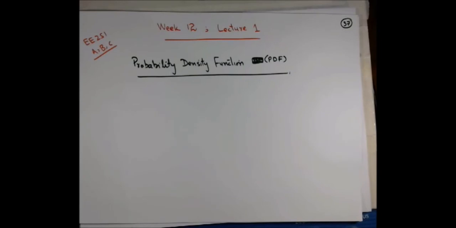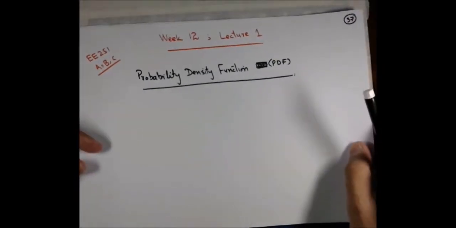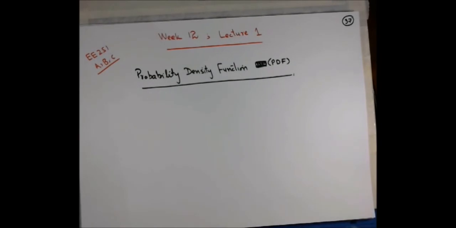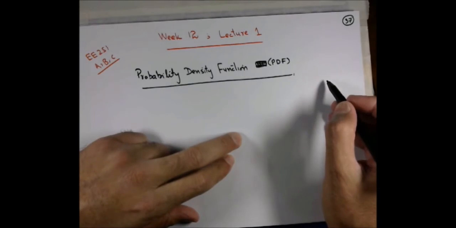Dear students, I'll start lecture number 1 of week number 12, and that is about probability density function, which is a counterpart of probability mass function that we discussed in terms of discrete random variables. So, the probability distribution in general has a name, probability density function, when it comes to continuous random variables. How we can understand the relation between the CDF and PDF for a continuous random variable, I'll describe today.